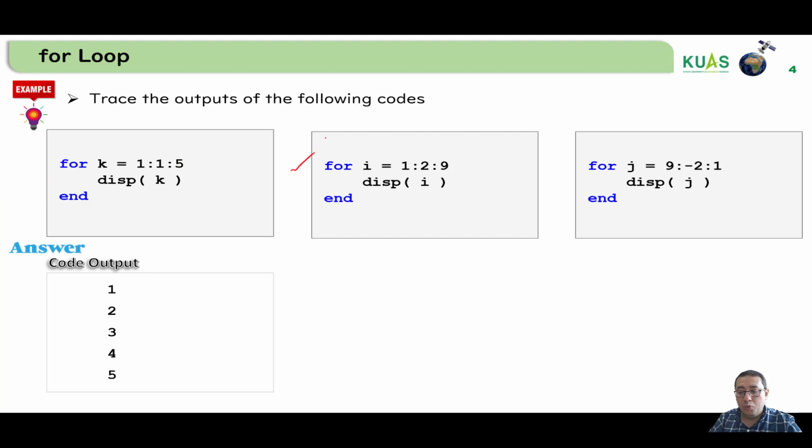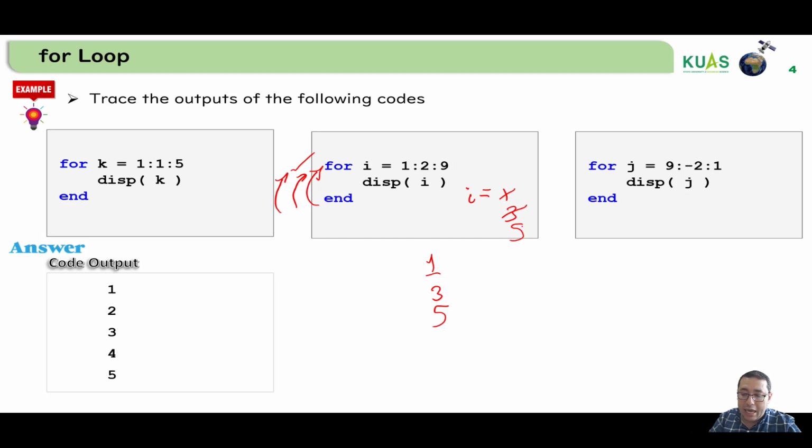In the next code, we said that for I equal to from 1 with spacing 2 to the end 9, and every time print the index I. So the first value of I will be 1, and display I, it will be 1, and then do the first iteration, and then I will increase by 2, it will be 3, so print 3, and then go to the for loop, and increasing 2, it will be 5, and then print 5, and then go to the next loop,